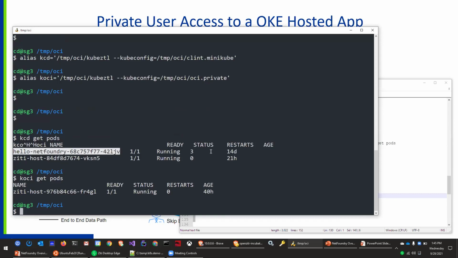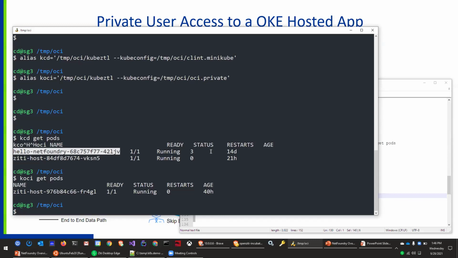I have two zetified Minikube and Oracle Kubernetes clusters. I can access them easily by just replacing the config file that is given to me by Kubernetes. Obviously, I need to have some private key information and to have that Ziti network in place. And so that is what we call zetifying an application. So now that kubectl command is zetified. It needs this Ziti identity in order to be used entirely. And that's my whole little dog and pony show.